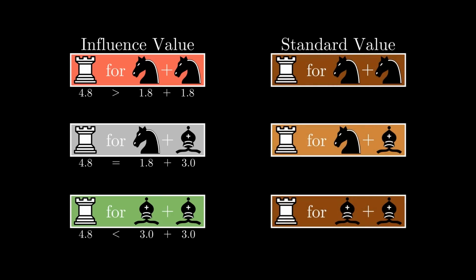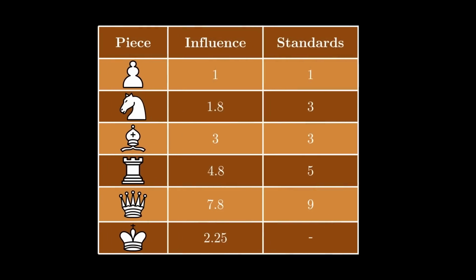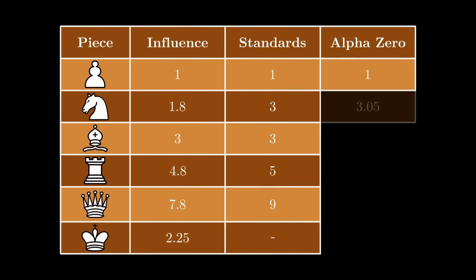The standards paint a very different but straightforward picture. Exchanging a rook for 2 pieces is a great decision every time because on points it is always in your favor. If you don't trust a player from the 1800s or an upper lower middle ELO player from the 2020s,